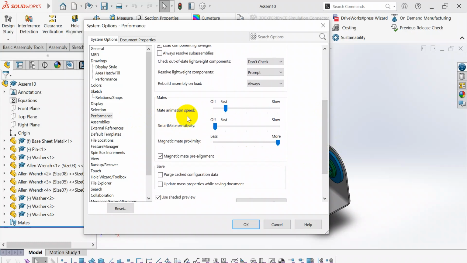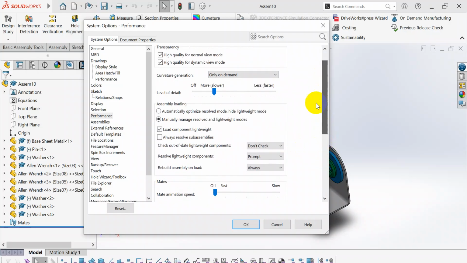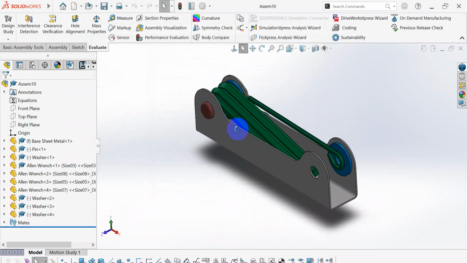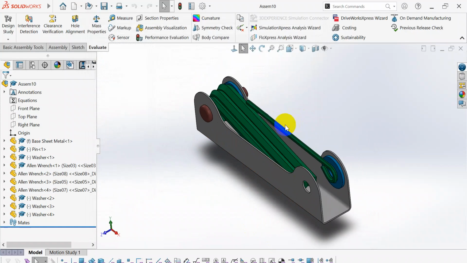So mate animation speed, that's another one. Sometimes when you are mating, let's say you have a shaft and a bushing, you don't actually need the animation to show the shaft moving there. So you want to do it fast. In this case, you can reduce this or turn it off. So you make the mate without the animation. That helps too. So there are quite a few things that can be done here. So it says okay. And one thing that I also suggest for everyone, again, is not good for this simple part,